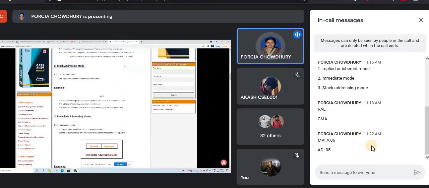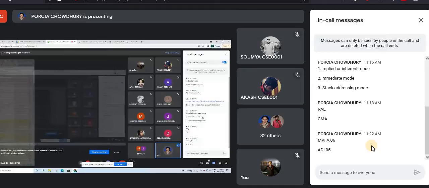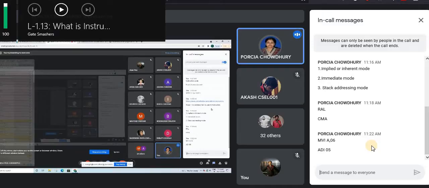The third one is stack addressing mode. Over here also no address field will be used. Stack means we will always refer to the top of the stack. So what do you mean by stack addressing mode? Only stack organized computers will use this type of addressing mode. In this addressing mode, all the operands of an instruction are taken from the top of the stack. As I have told you, we will always refer to the top of the stack whenever we need one operand.